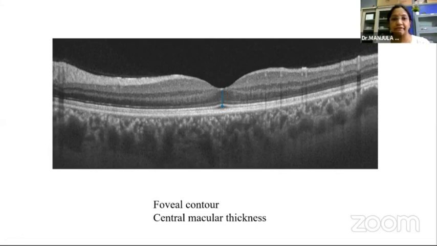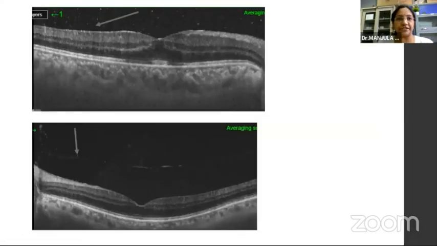This is calculated between 2 points. The anterior boundary is formed by the tip of the foveal depression, and the posterior boundary, remember, depends on what kind of OCT machine you're using. If you're using a time domain machine, as it is very difficult to differentiate between ISOS and RPE, ISOS marks the posterior boundary, whereas in spectral domain and swept source, since you can make out the demarcation very clearly, RPE acts as the posterior boundary. I have put two pictures here.